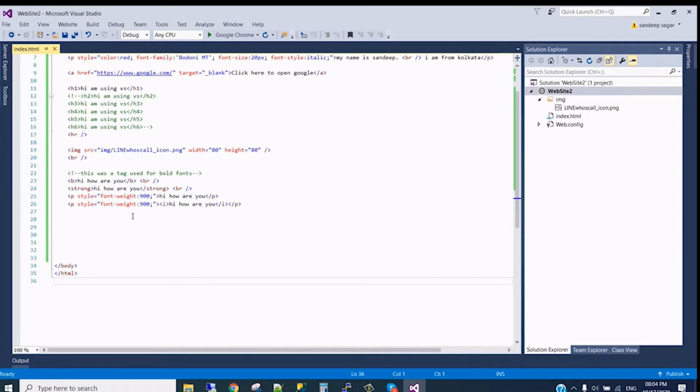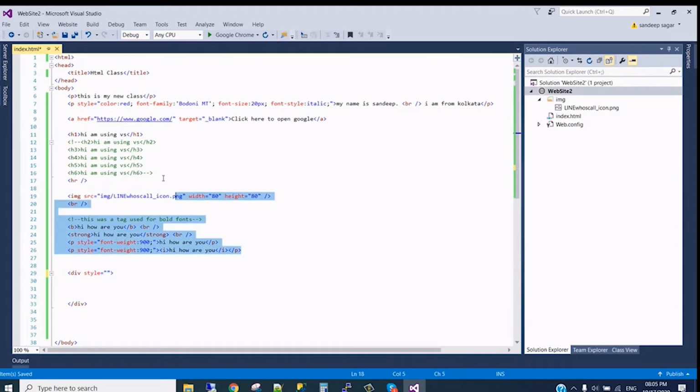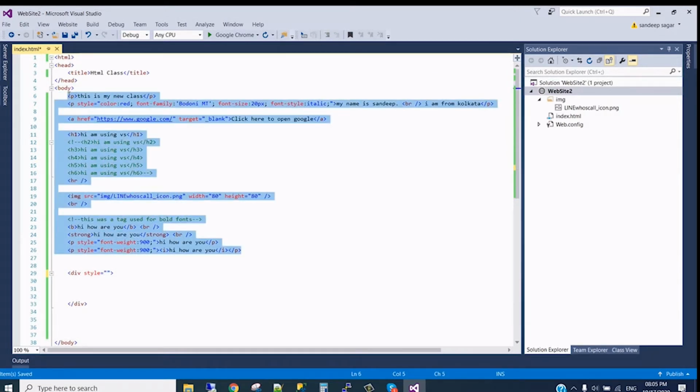Again we start a div and close it. So this is my main div. Let me comment out all of the above, we don't need it for now.